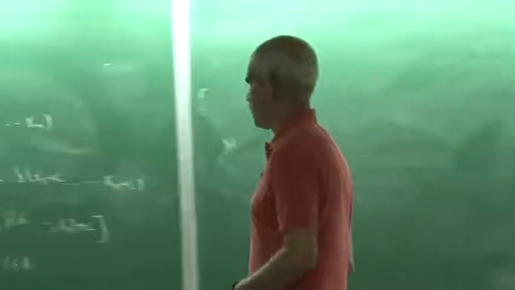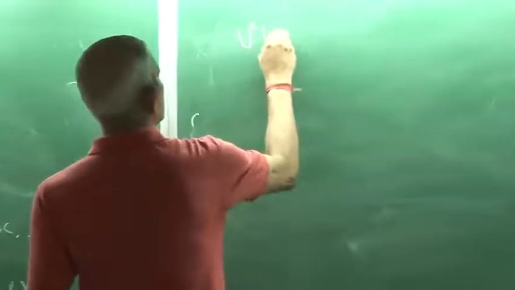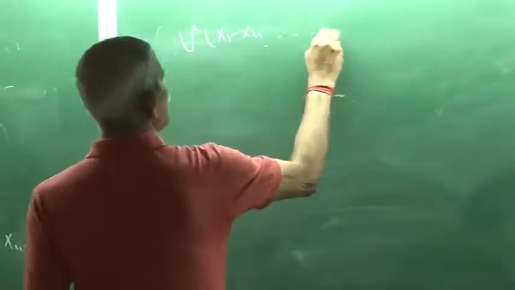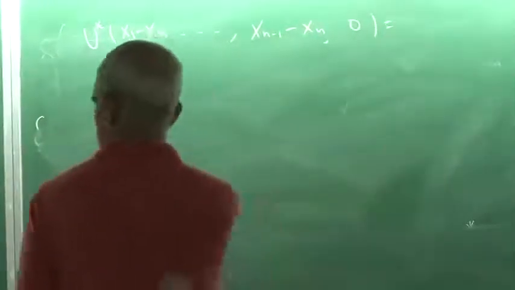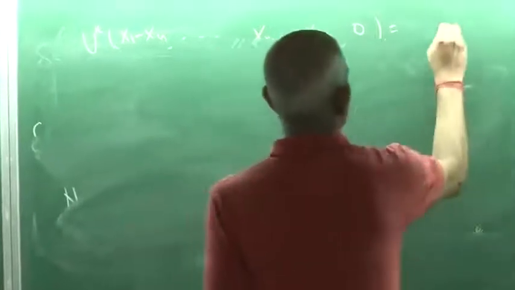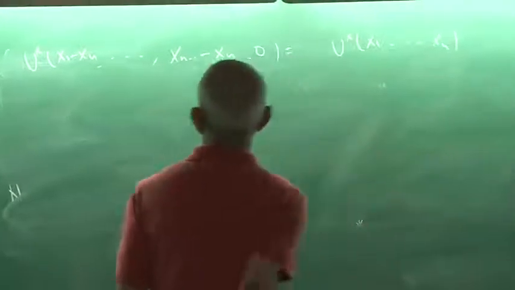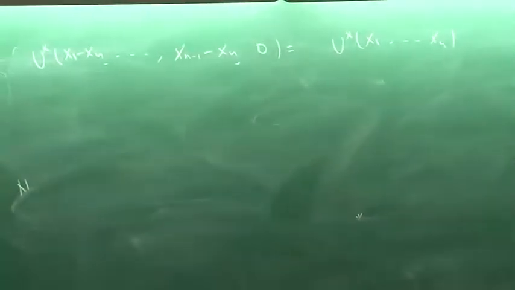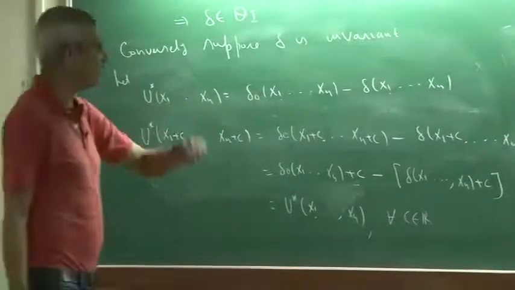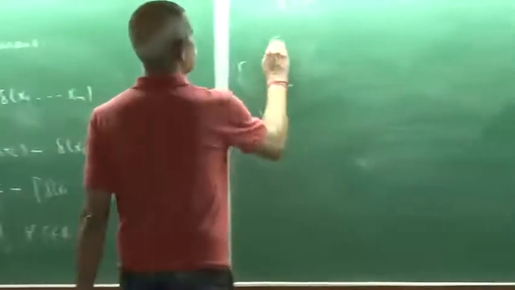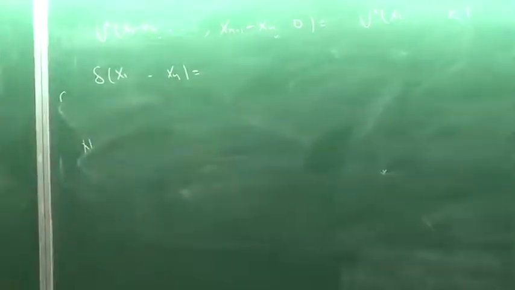Because this happens for every c belonging to R, I can choose c to be minus xn, so it gives u star of x1 minus xn, ..., xn minus 1 minus xn, 0, is the same as u star of x1, x2, ..., xn. So what does that mean? That means my delta of x1, x2, ..., xn is the same as